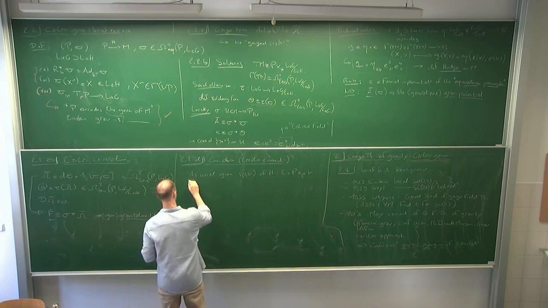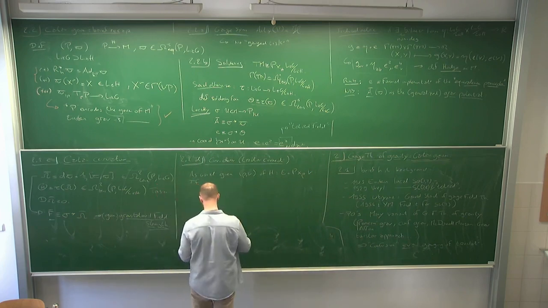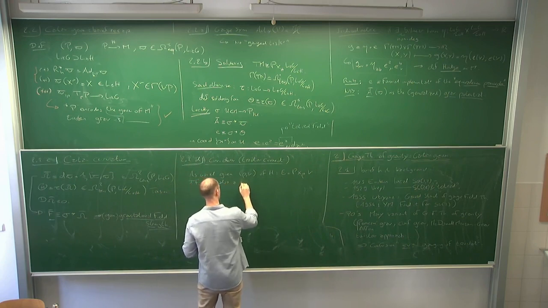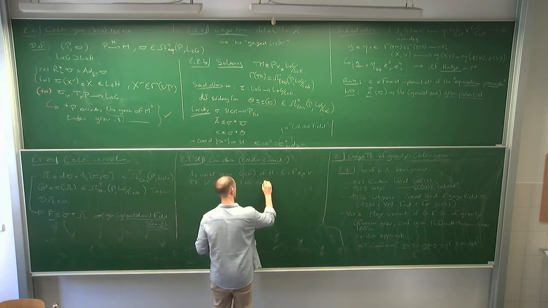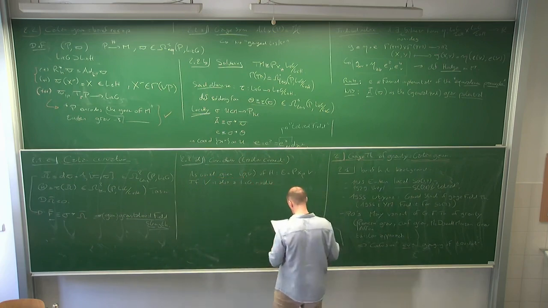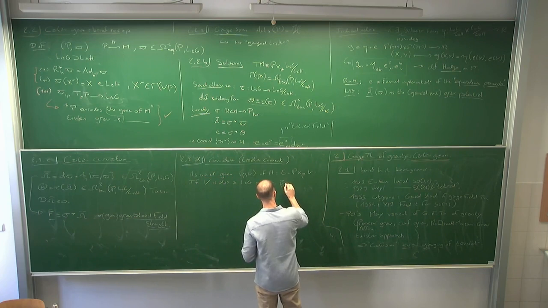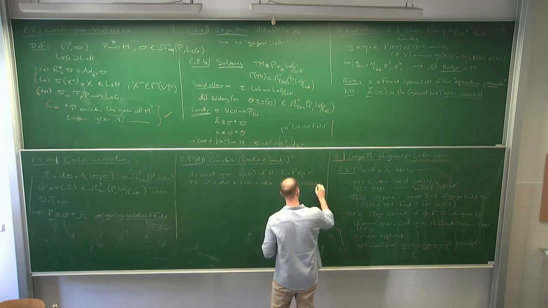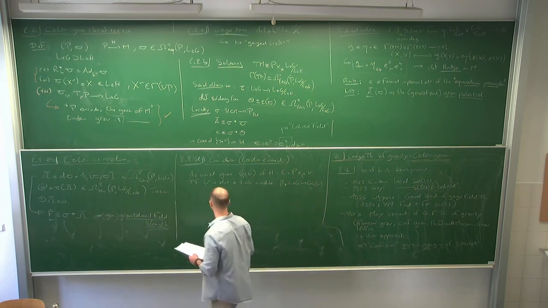And if furthermore we have that V is also a Lie module or representation with rho star from Lie into GL(V), for example, like this,